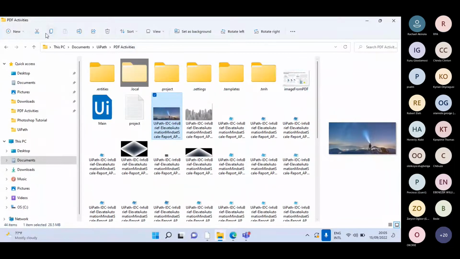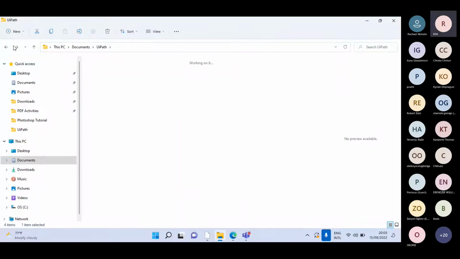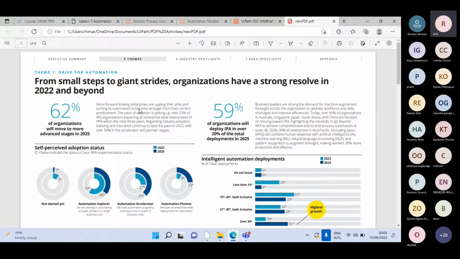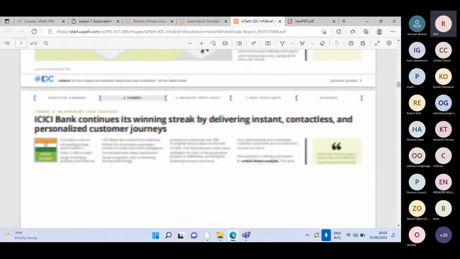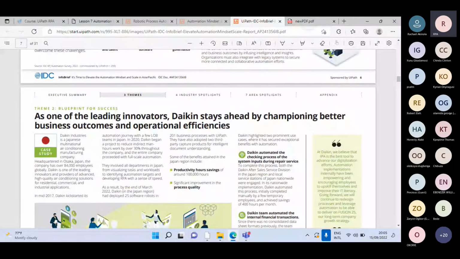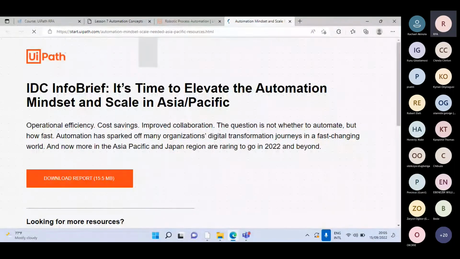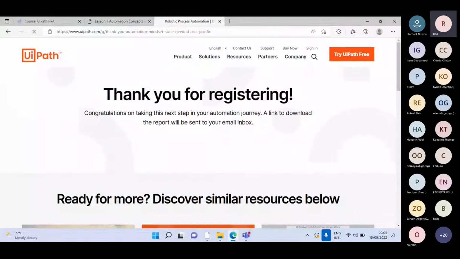Yeah. So you can see the new PDF here, and it holds exactly pages 4 to 7. So page 4 in this is this page 4, and this is page 7. You can see that's holding the exact same content. So for the last two activities, you guys should do that on your own, and now we